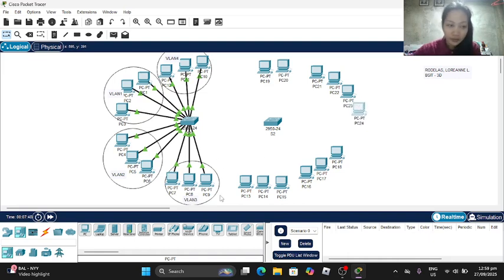So for the VLAN 1, in the second switch, we will be using ports 1 to 5.